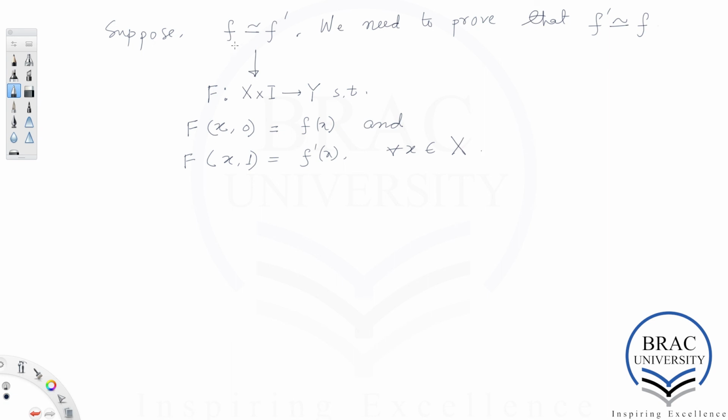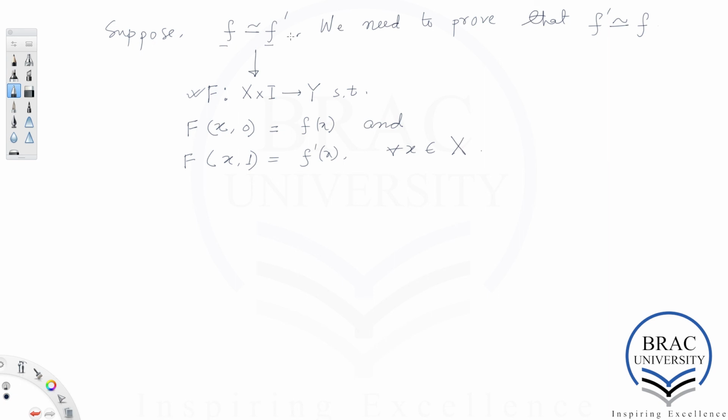Because we are given the fact that f is homotopic to f prime and big F is the corresponding homotopy. So big F is a homotopy between f and f prime. Okay,